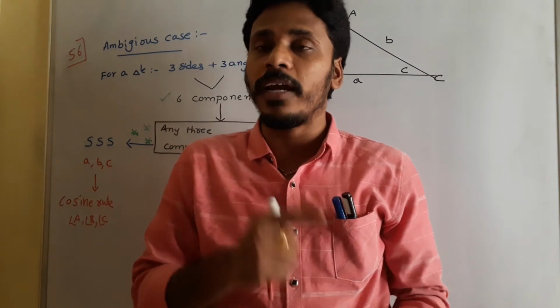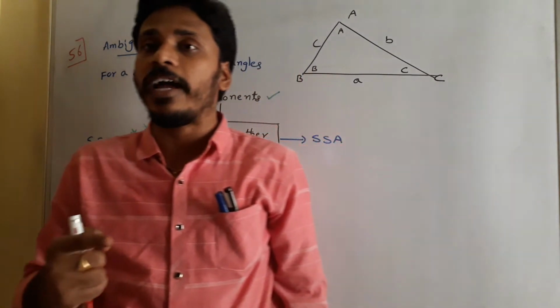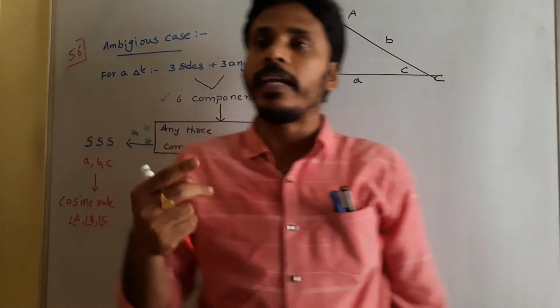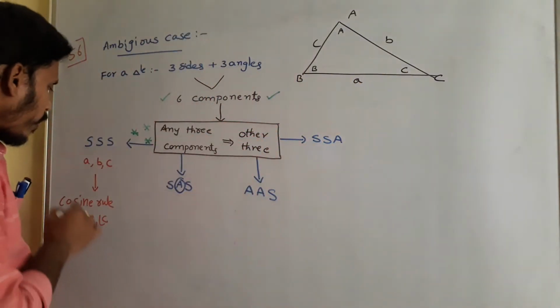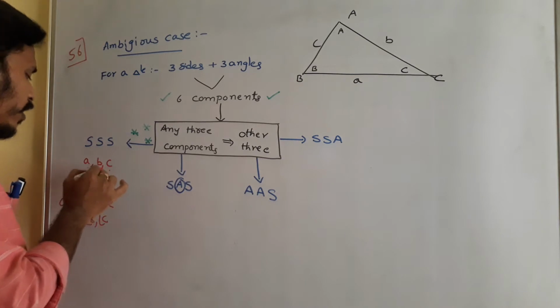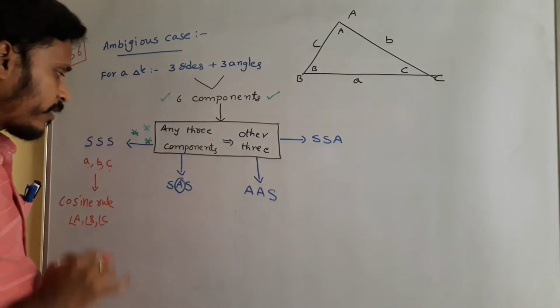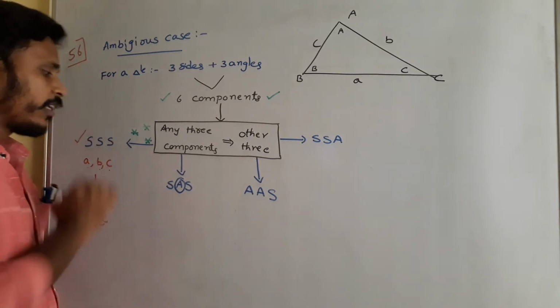So you have a, b and c. If you replace these 3 values a, b and c in that, you will get cos A. From there you will get angle A. Okay, so see, using the cosine rule, after having the 3 sides we easily find the angles. That's one part. So this is very clear.